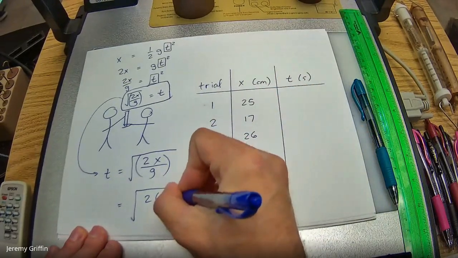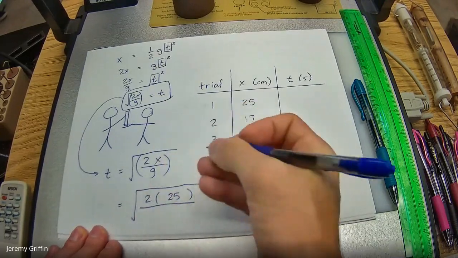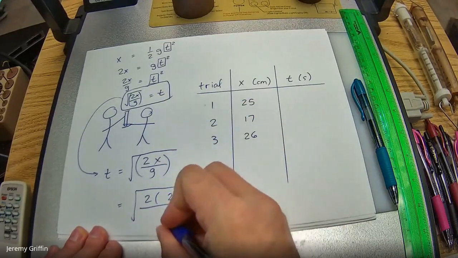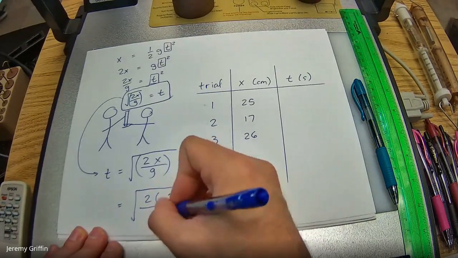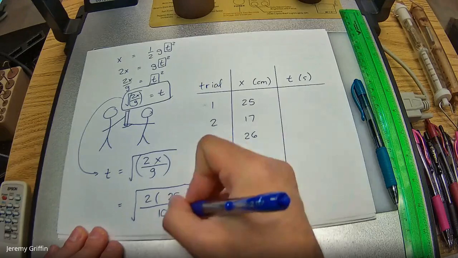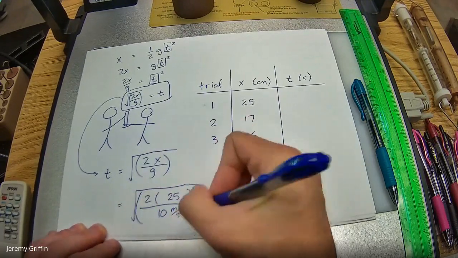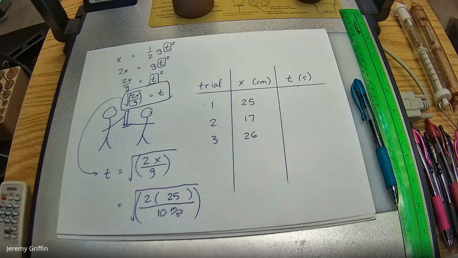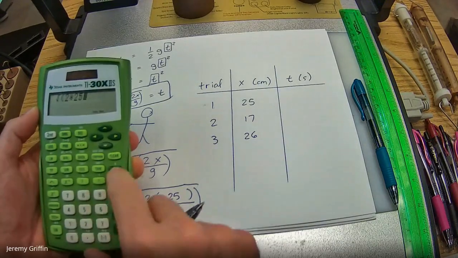Say 25, and then say gravity is. Did you guys feel like 9.8 or 10 today? How about 10? Let's just use a round number. Okay. Of course, that's meters per second squared. All right. And I get square root of 2 by 25 on 10 is